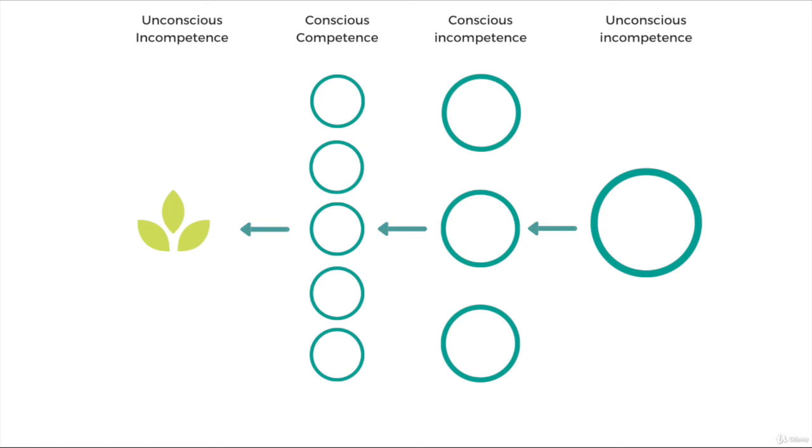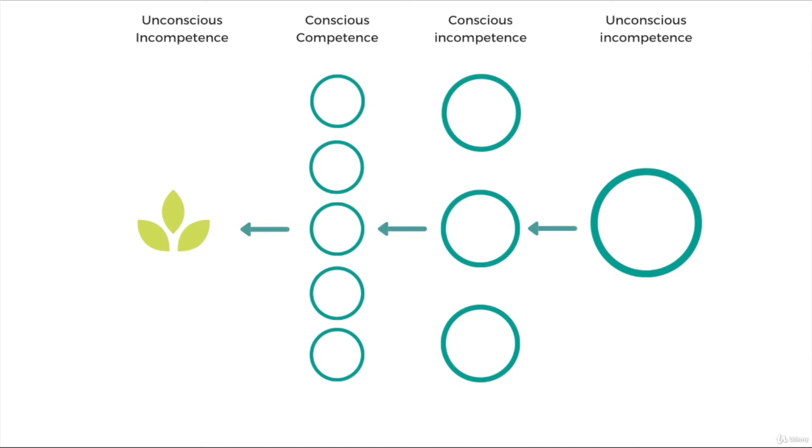So whenever you want to learn something, try to remember the 4 stages of learning. When you're first learning something, ask yourself, is there something that I don't know, that I don't even know that I don't know? You need to ask yourself this question, and of course it's possible. That's why you need to do your research properly to make sure that, for example, you know the things that you have to do for you to be able to have a good diet, which gets you to step number 2.